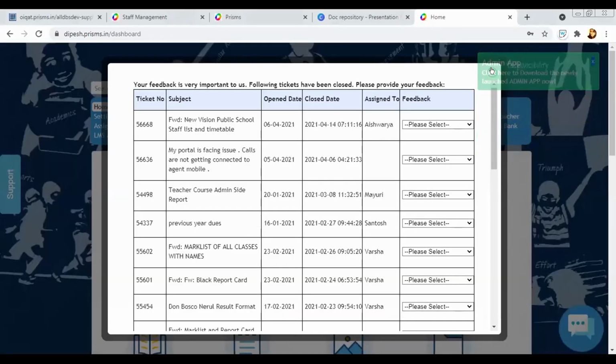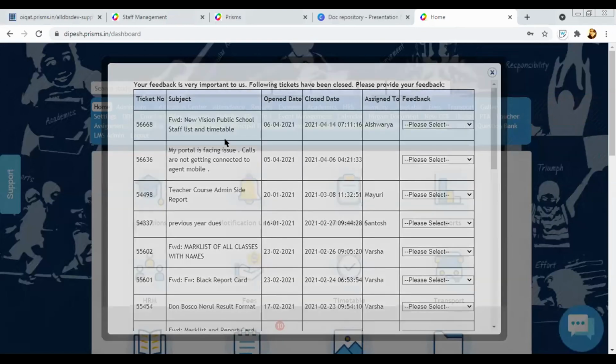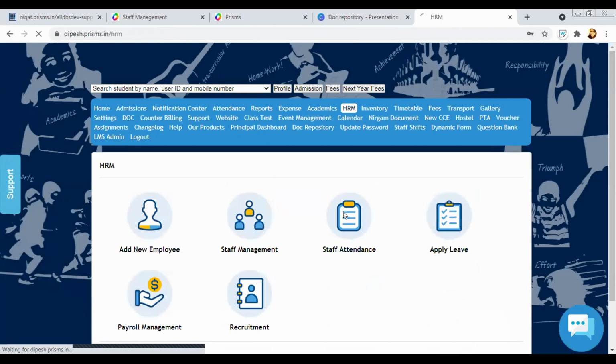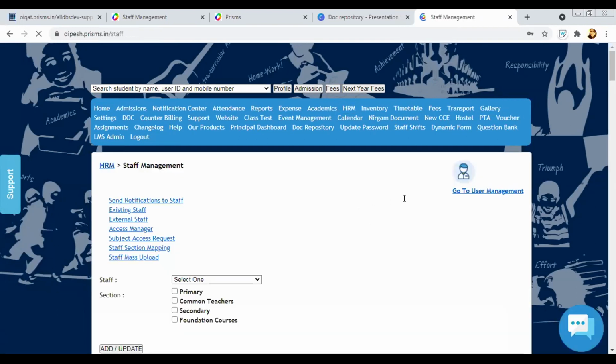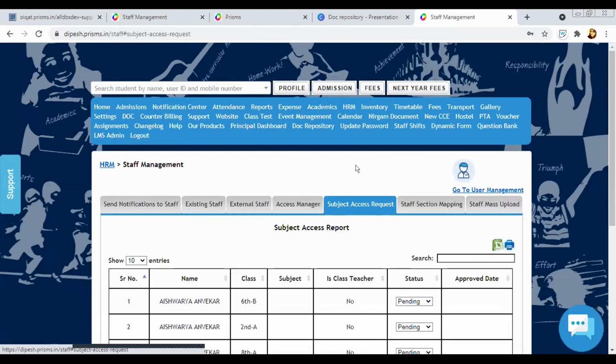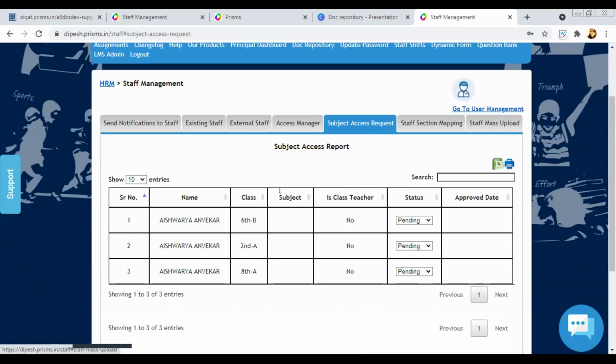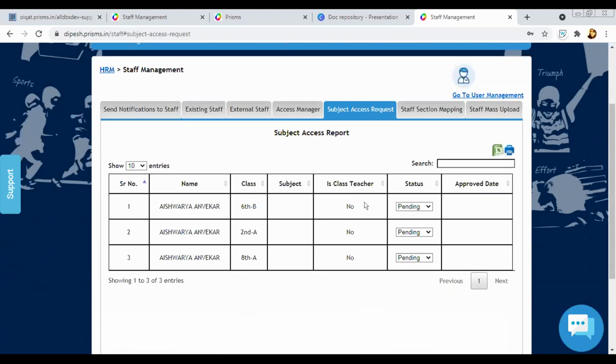Let's say any particular teacher has requested access to a particular subject they are teaching but do not have access. As an admin, I can go to HRM, staff management, and over here I can see the subject access request. I can see the teacher's name, which class she has requested access for, and whether she's the class teacher of that class.